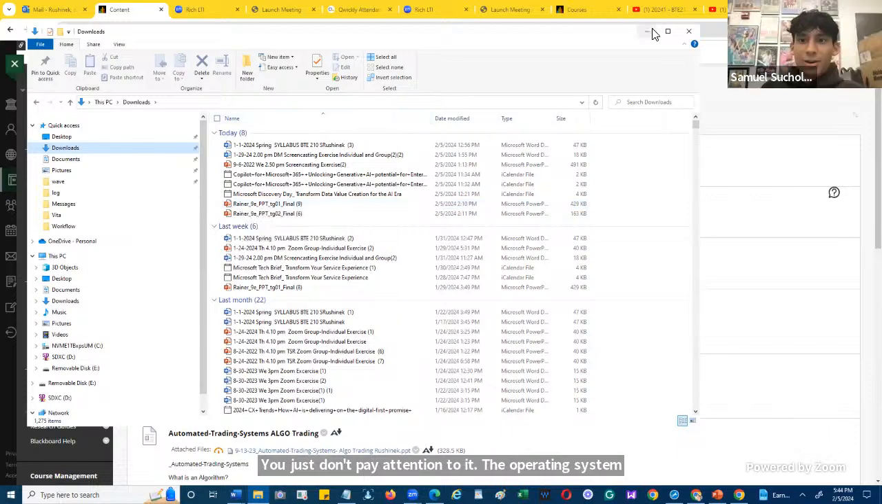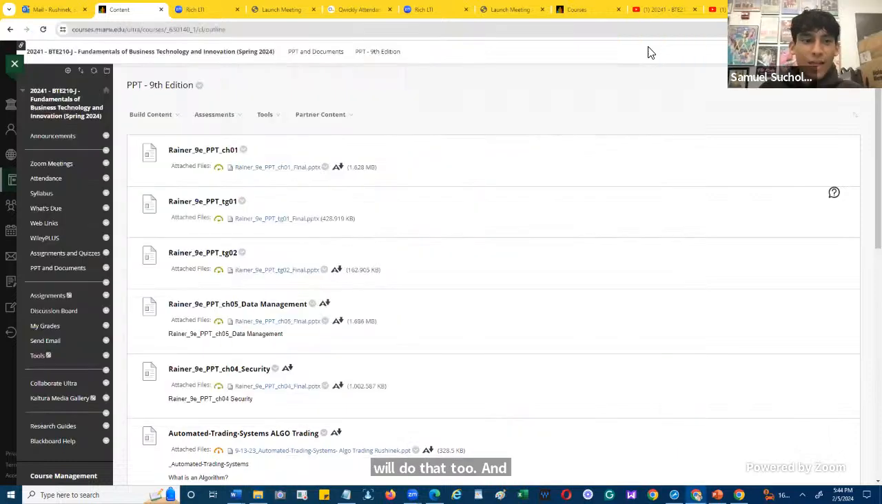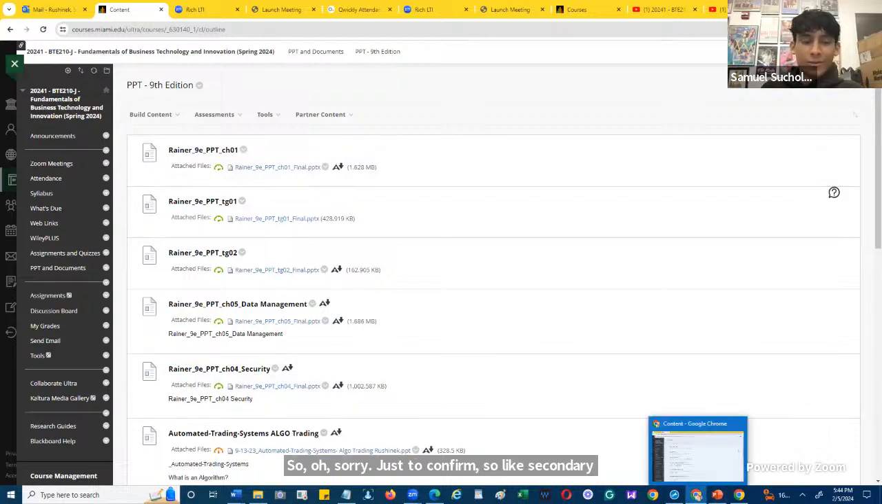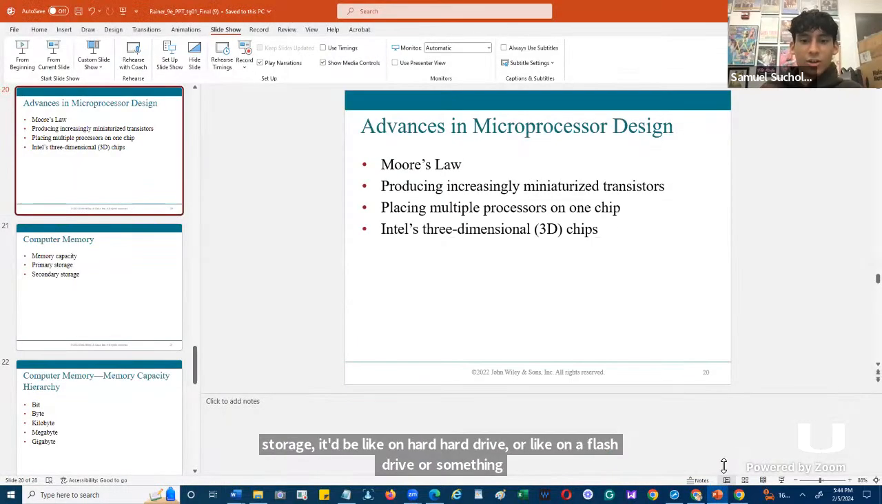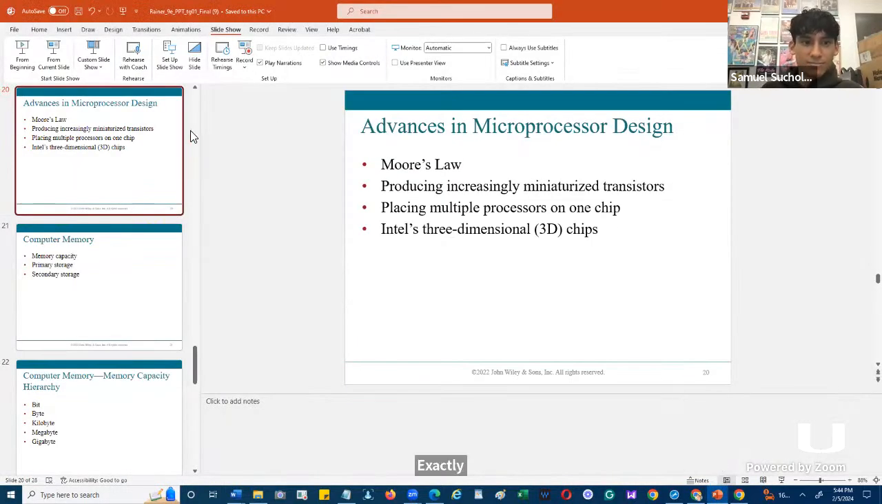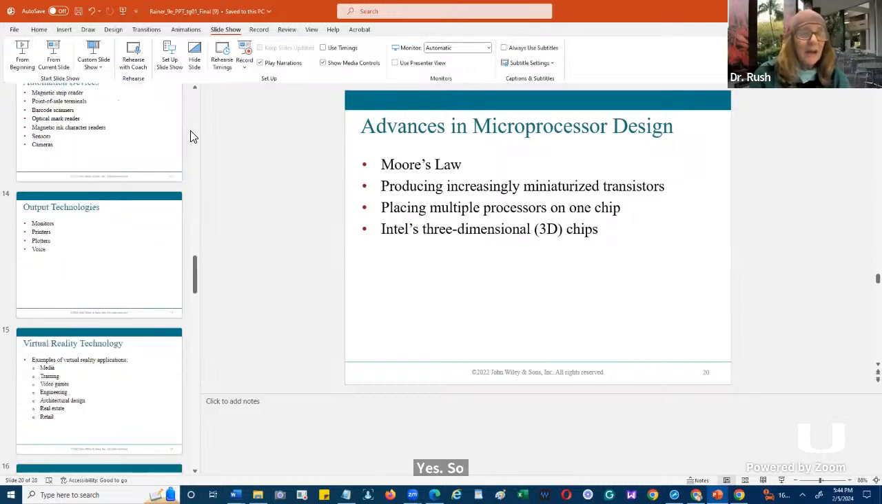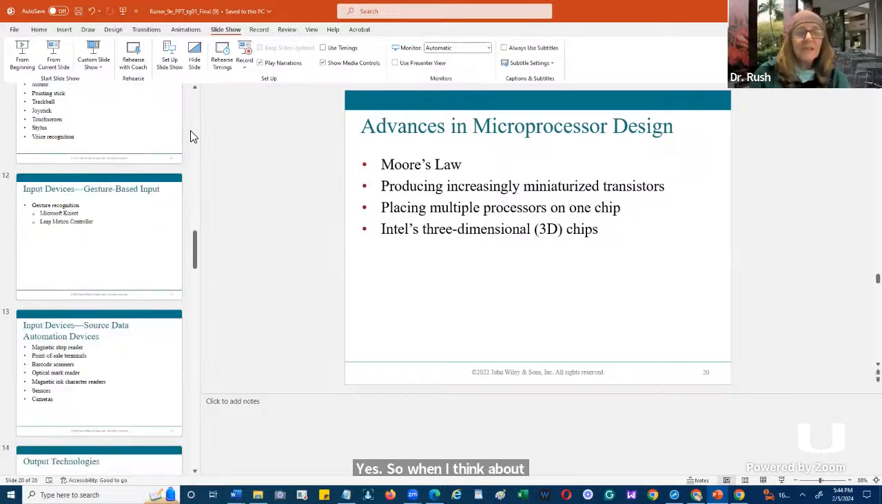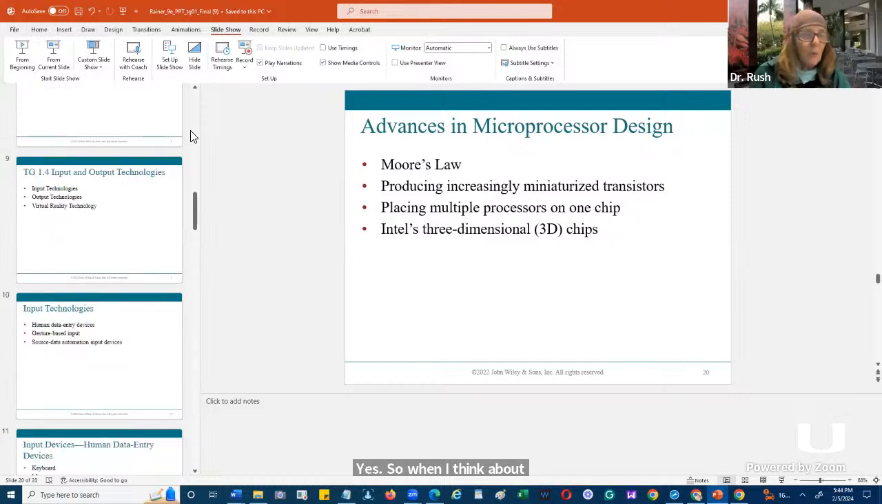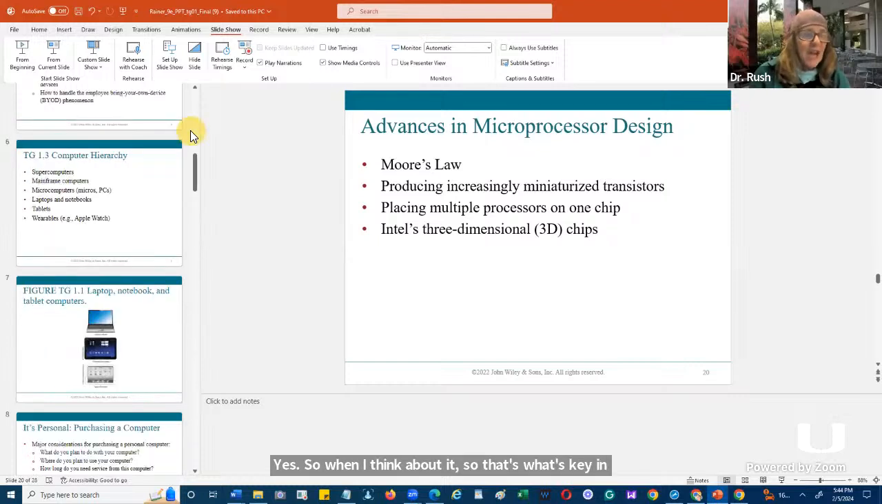Just to confirm, so secondary storage would be like on the hard drive or on a flash drive or something. And then primary is when it's running through RAM, I guess. Yes. So that's what's key in this chapter. So when I look at this chapter,